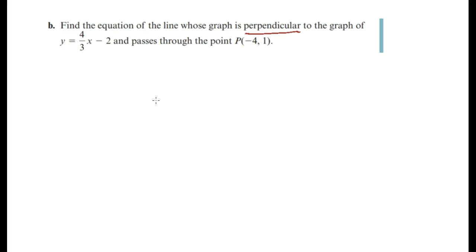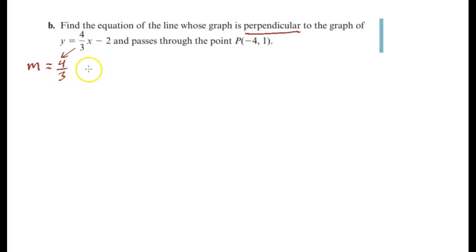So here we have a slope of 4/3. So the negative reciprocal means that it's going to have the opposite sign,